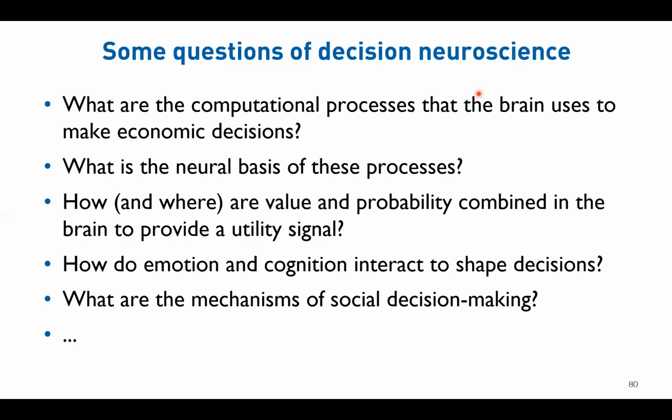So imagine we look at this one: how do emotion and cognition interact to shape decisions? This is an idea. I'm trying to connect what we discussed in the last lecture to this one. In the last lecture, we talked about how to formulate hypotheses from ideas. So this is the idea. Okay, good. How do emotion and cognition interact to shape decisions? For the hypothesis, we can be a little more specific, right? This is the first step. We need to be specific. We can use something similar to the example we had, even though that might be a little stupid. So we can say positive